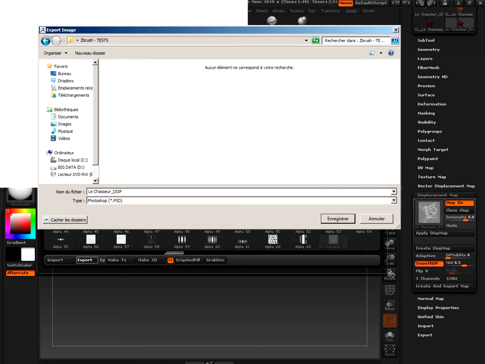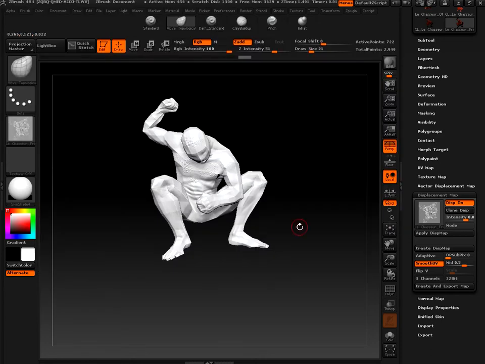Disp, or diffuse for the diffuse channel, bump, etc., and normal bump. So disp,